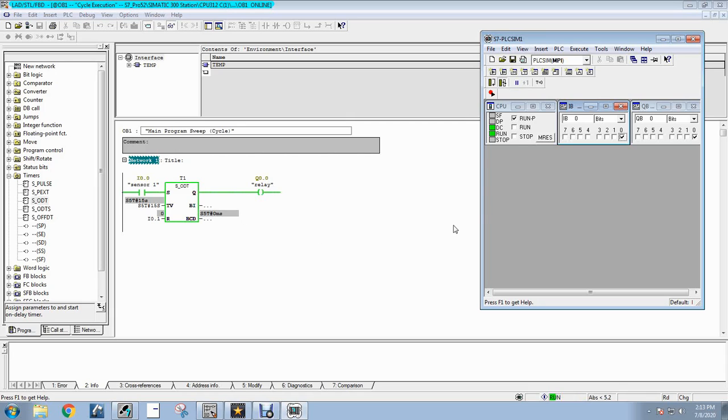If you activate I 0.1 after the appearance of output at Q 0.0, it stops the output, and it can only be started by removing input at I 0.1 and I 0.0 both, and then activating I 0.0 again.